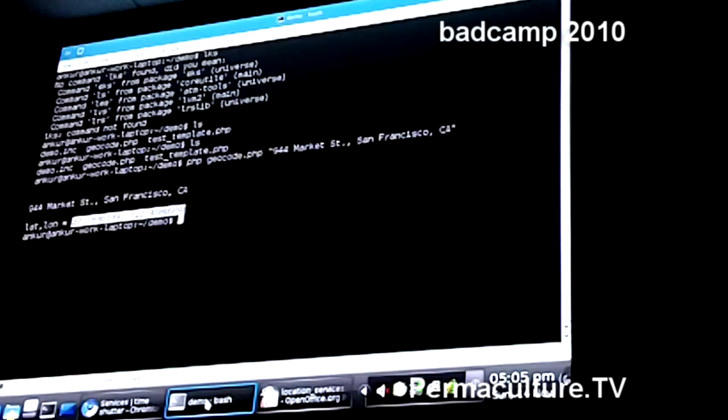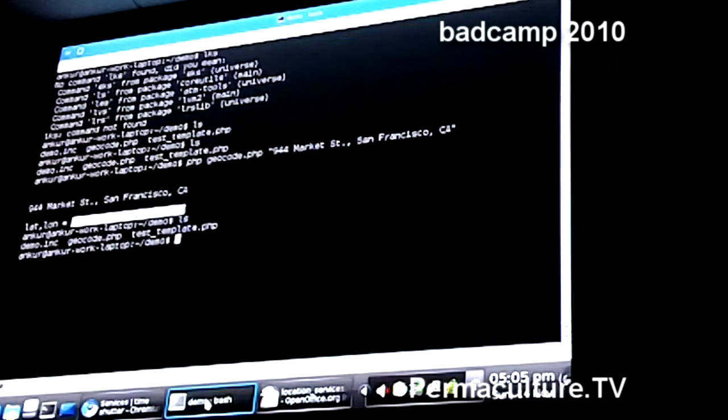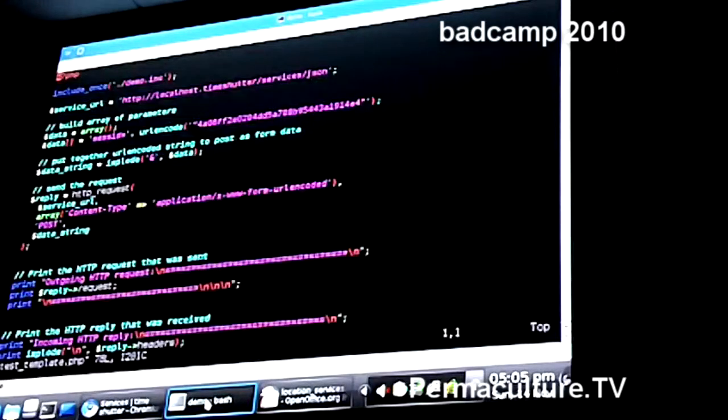So if we go back to the command line, I have a template for a script here for each call I'm going to make to the web service. Let's go ahead and see what's inside that file. I'm going to include a file with some utility functions. One of them is just for making an HTTP request, since that's how we're going to call the services. What I did for this example is I just copied Drupal HTTP request and then modified it